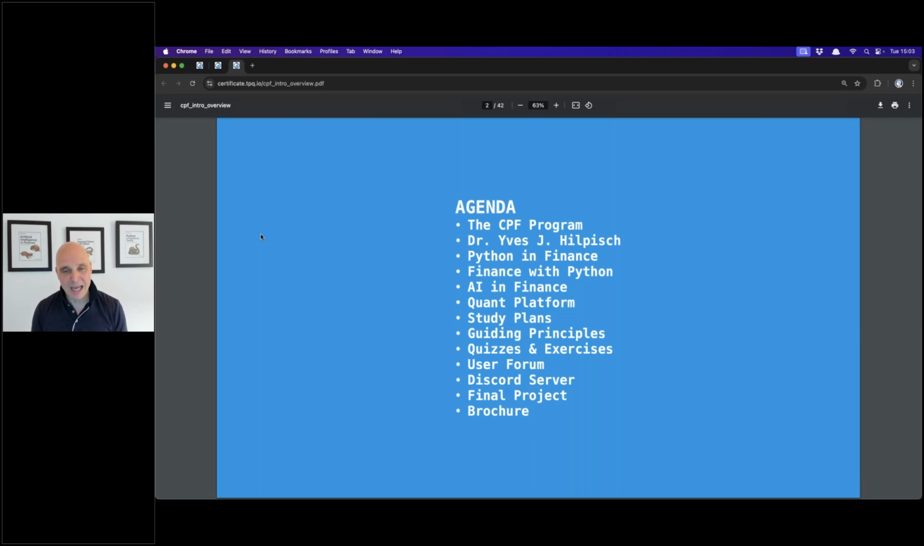Then I want to highlight two classes as examples for the other classes, right? So the content is, I would say, far too broad and manifold to give you a detailed overview of everything that is there. I rather want to give you an idea of how to navigate the program and how to make the best out of it, right? Then I want to show you your number one resource, that's the Quant platform and what we have added recently,